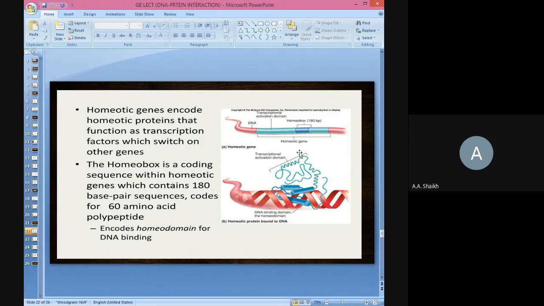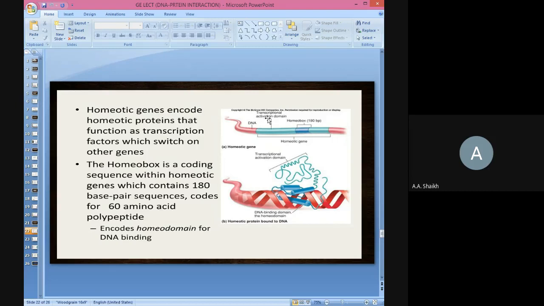Now this was first discovered in the case of Drosophila. So this is a homeotic gene or homeobox gene which is present in Drosophila, and it shows the ability and properties to perform its functions. That's why the name homeodomain is given to this sequence, because it was first identified in the homeotic genes present in Drosophila. That's why its name is given as the homeodomain sequence or region.